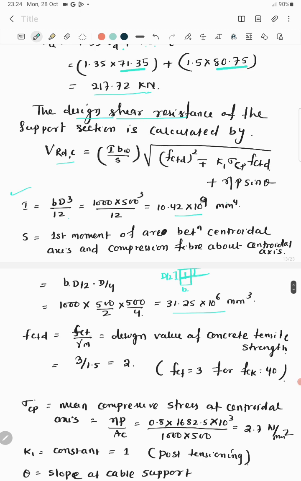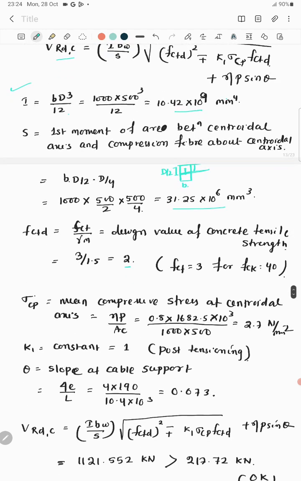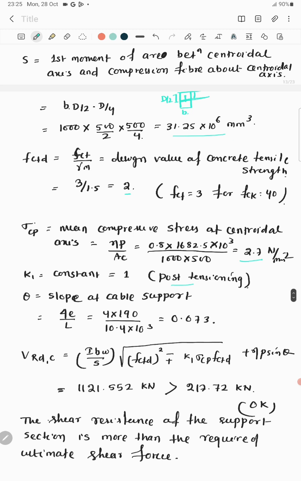Then FCTD is FCT divided by gamma m, which is equal to design value of concrete tensile strength. As you know, FCT is equal to 3 for FCK of 40. So it will be 3 by 1.5, that is equal to 2. Then sigma Cp is the mean compressive stress at centroidal axis, that is eta P divided by AC. So just put all the values here, then we'll get a value of 2.7 Newton per mm square. K1 is a constant, that is taken as 1 for post tensioning. Then theta is the slope of cable at the support, that is equal to 4E by L,